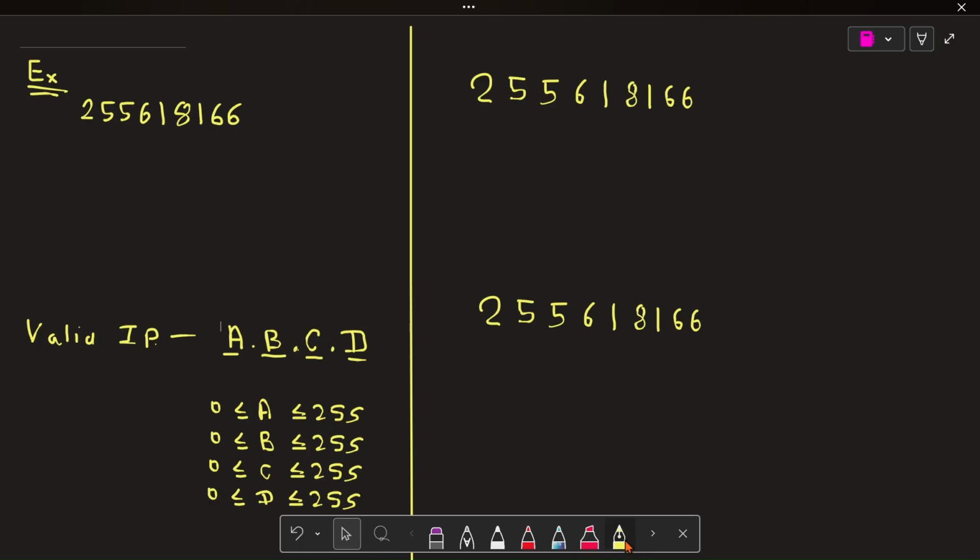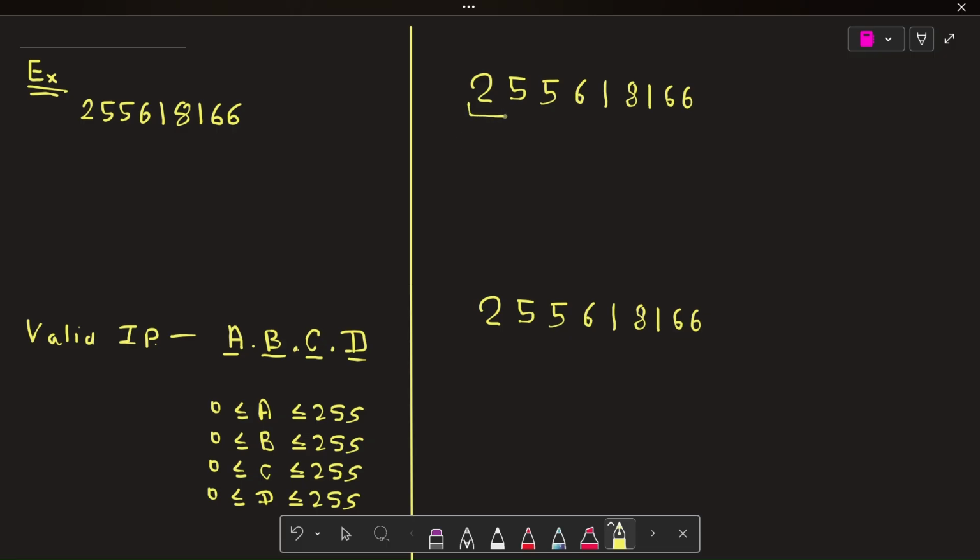For example, we have given the example 25255618166. Here we can make such partitions that each partition is in the range 0 to 255.